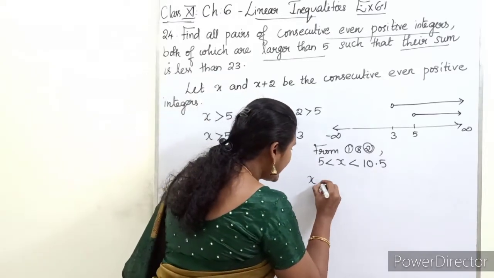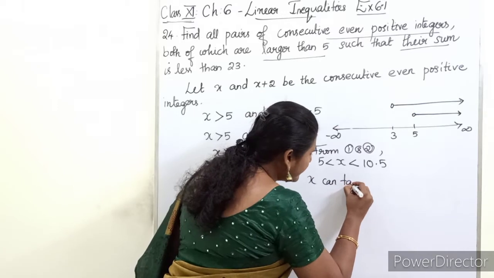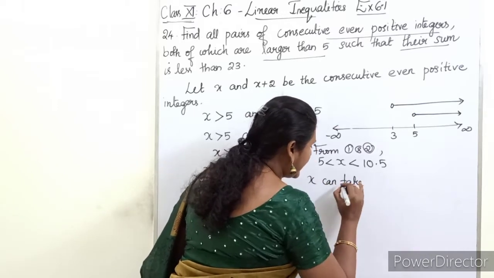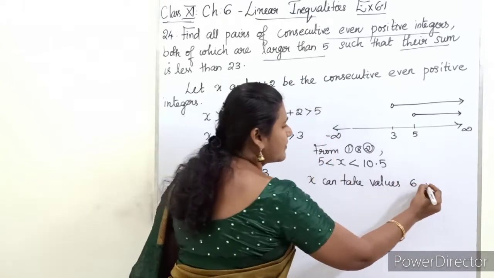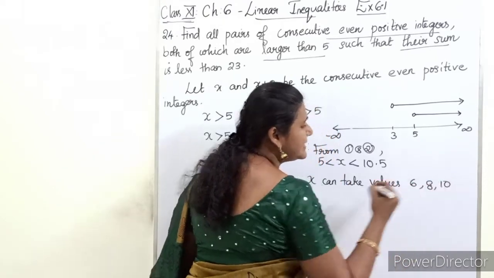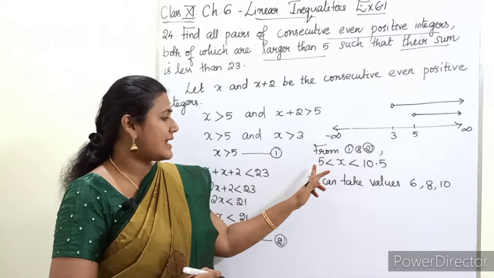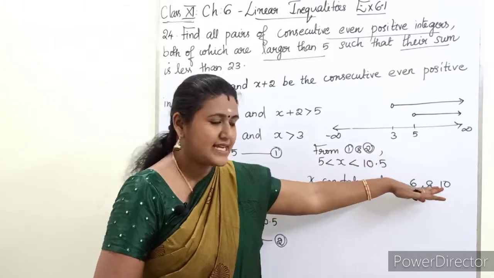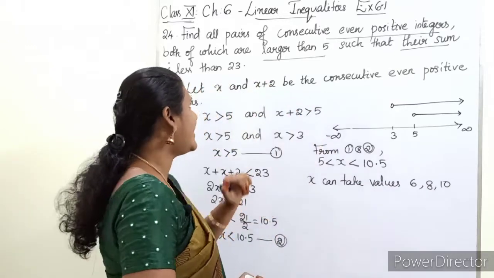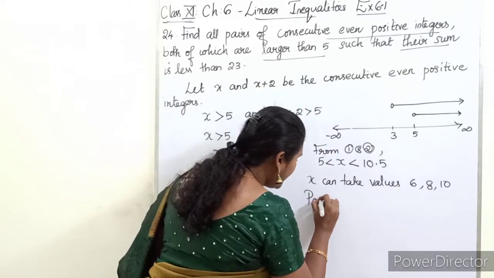So we can write x can take values. So what are the values x can take? 6, 8 and 10. So these are the values that lie between 5 and 10.5. So x can take these values. So what are the required pairs then? The possible pairs